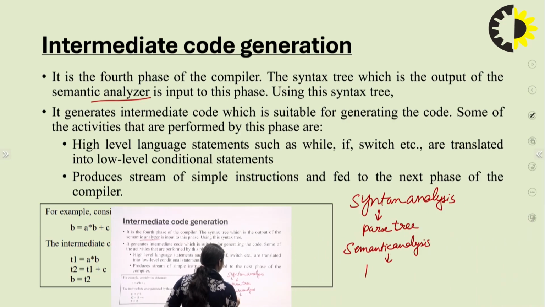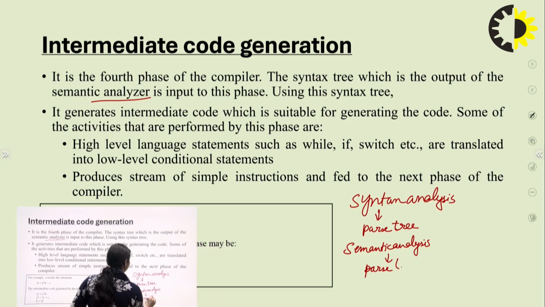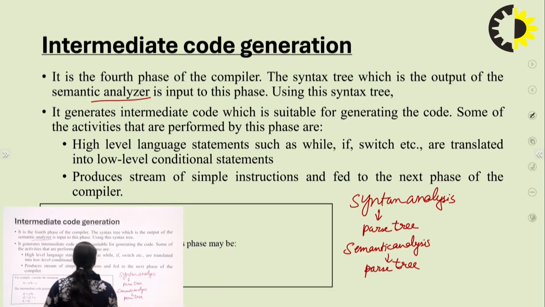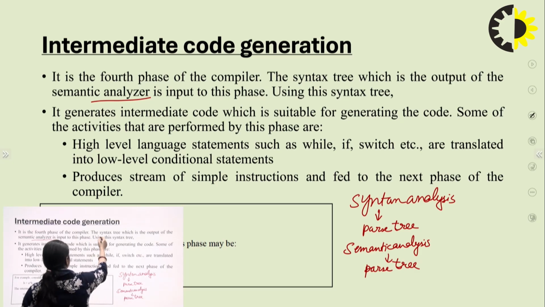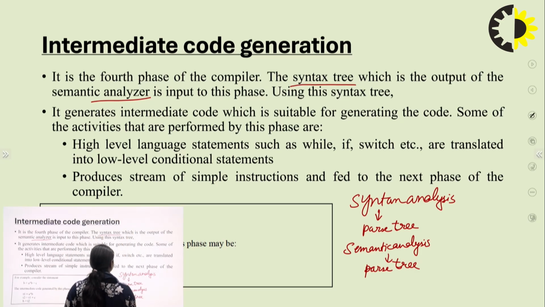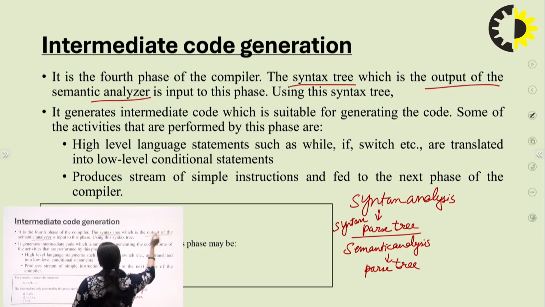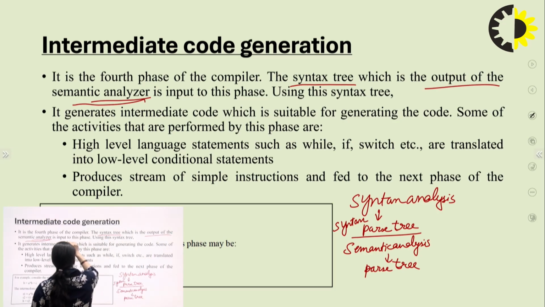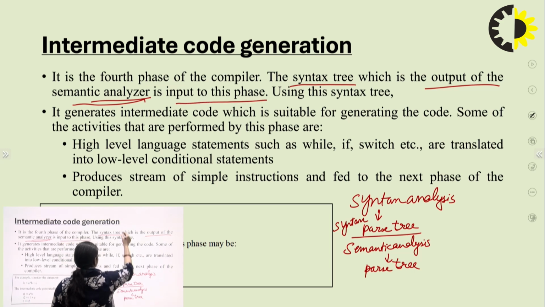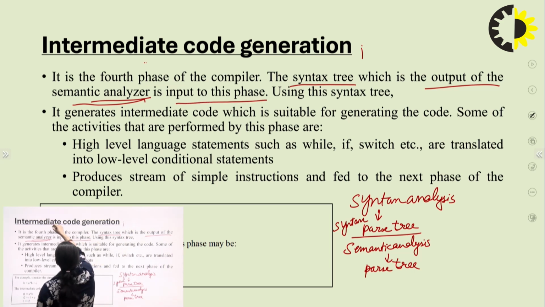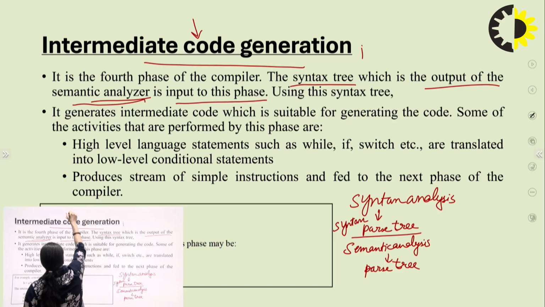So this syntax tree, which is the output of the semantic analysis, is the input of this phase. For intermediate code generation, the input which we are receiving is in the form of a syntax tree.